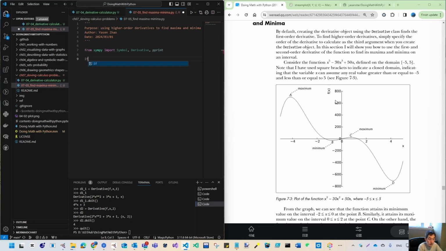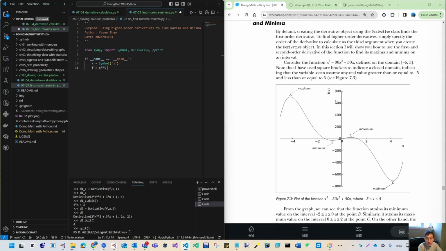Then what we will have is we put our x as the symbol, and we put this f as